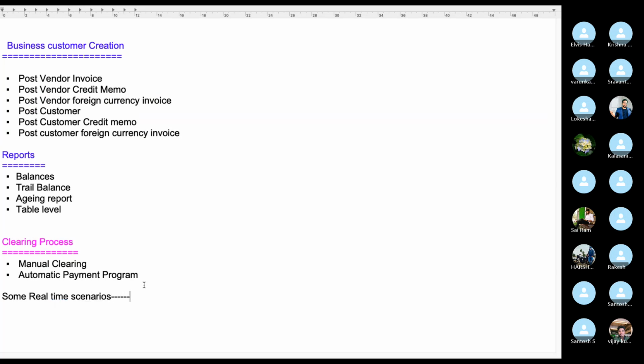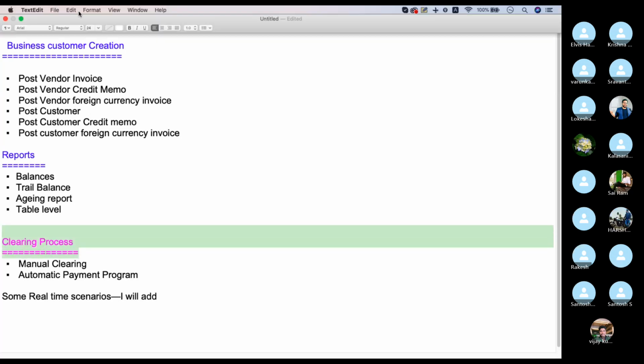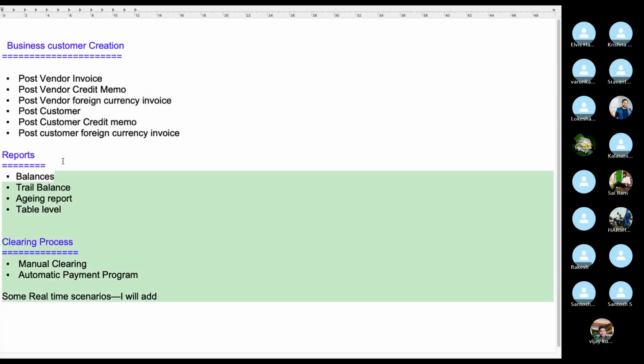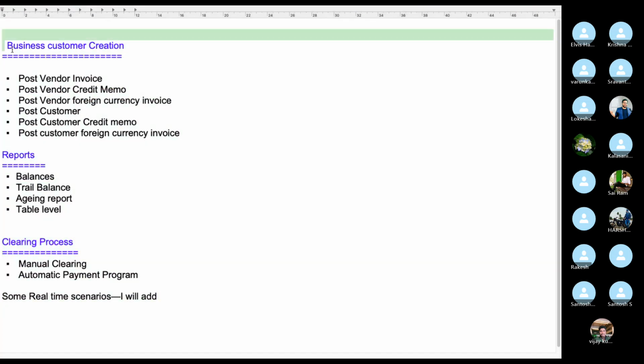So here, accounts payable. Some scenarios we will discuss, and some scenarios I will also add. And the second thing is, once we finish up these areas, then I will move to